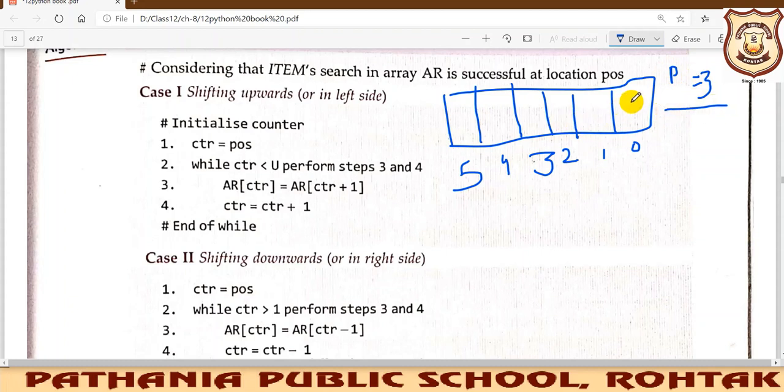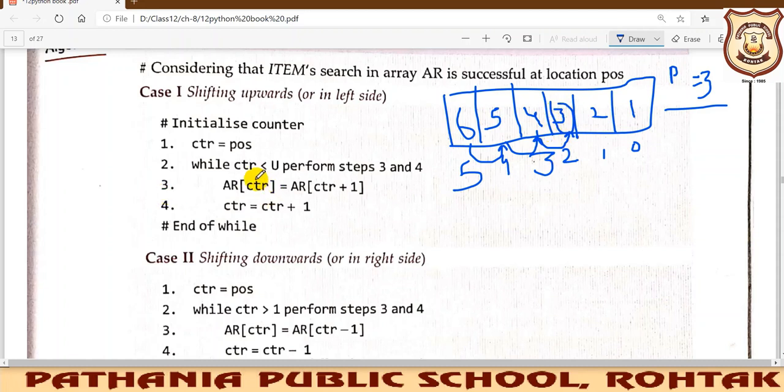I'm just putting elements: 1, 2, 3, 4, 5 and 6. So at position 3 it is there and we want to delete it. What we will do is put A3 into A2 position, A4 into A3 position, and A5 into A4 position. In this way we can delete this particular element.